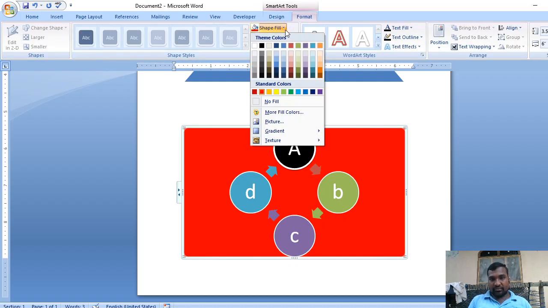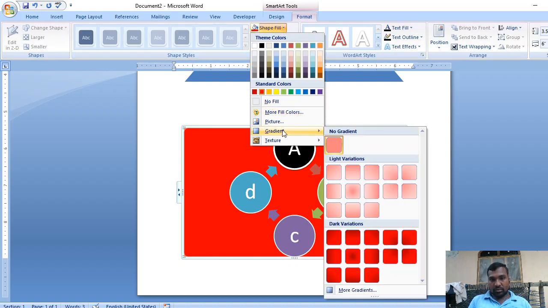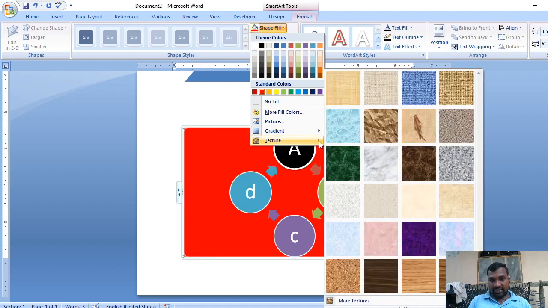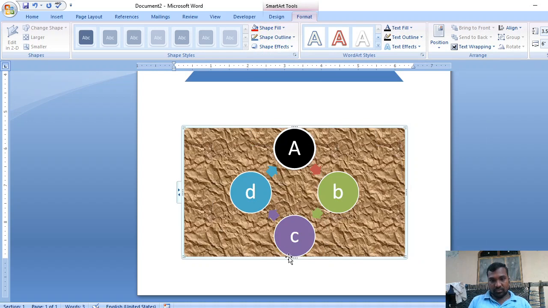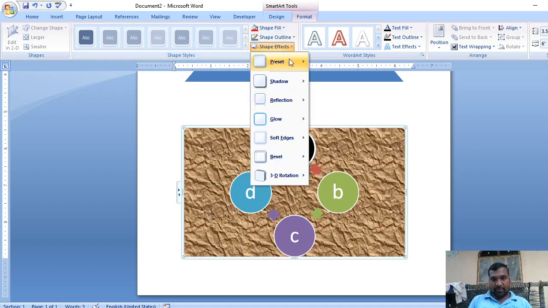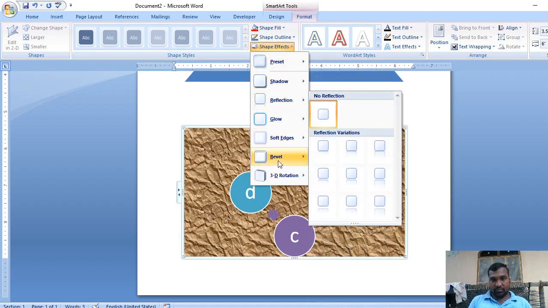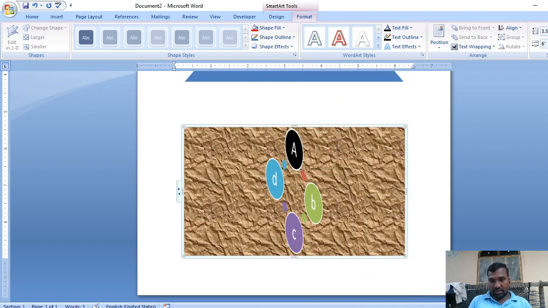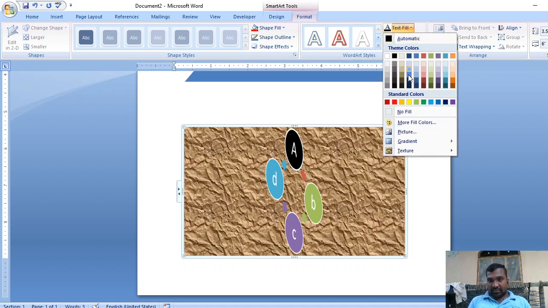Right? Now I want to apply some gradients, some texture, right? So texture will be applied on the particular SmartArt, right? I can apply shape effects, right? So that particular effect will be applied here, right? So in the same way I can apply text fill. So text with some